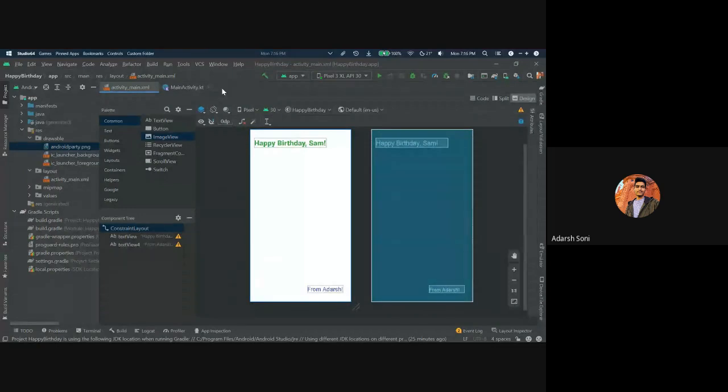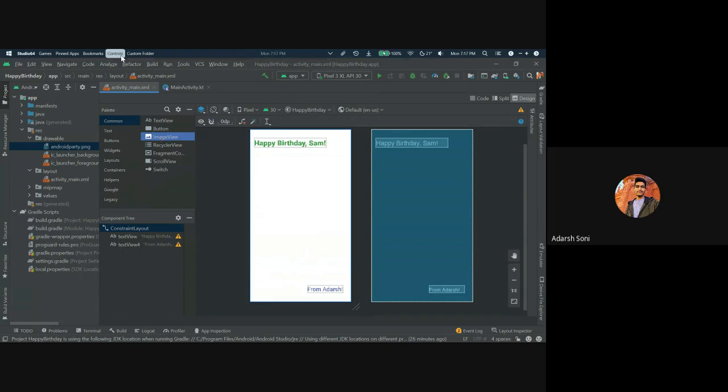Now, in order to display this image in our app, it needs a place to be displayed. Just like we use text view to display text, you can use image view listed here to display images. In this task, we will add an image view to an app and set its image to the Cupcake image you downloaded. Then you will position it and adjust its size so it fills the screen.